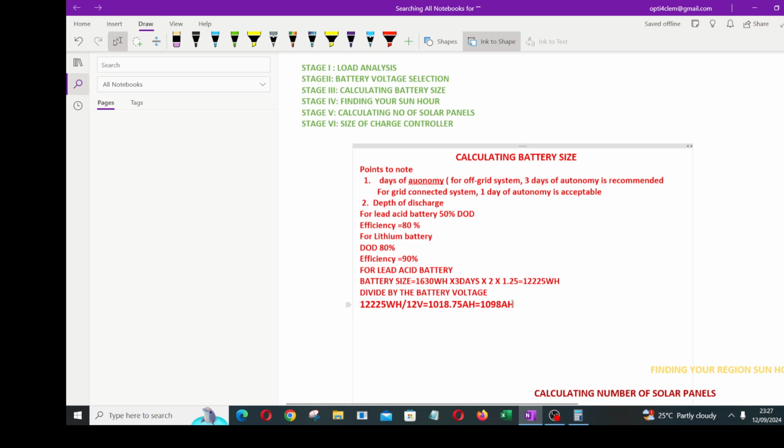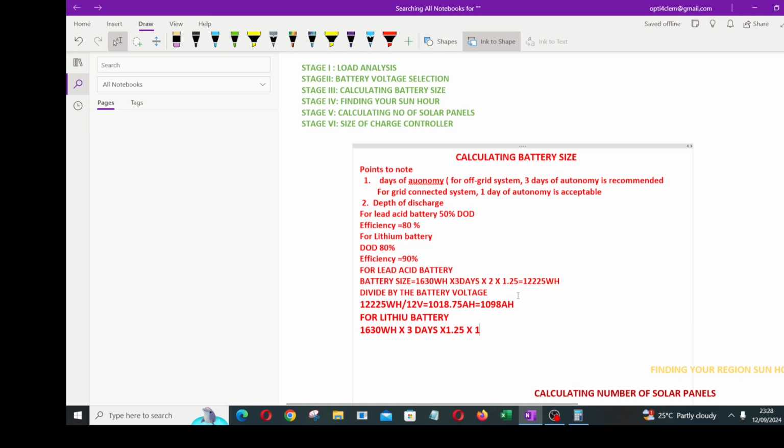Let's assume we want to use lithium batteries. For lithium batteries now, remember what we said: depth of discharge is 80%, efficiency is 99%. So 1630 watt hour multiplied by 3 days of autonomy, we assume that we are using an off-grid system, multiply by 1.25, multiply by